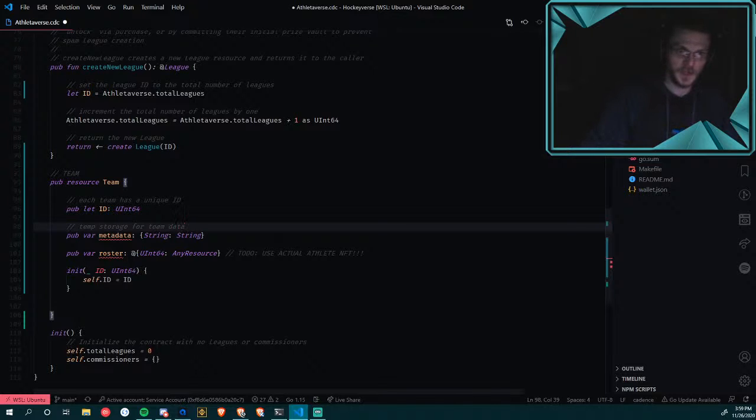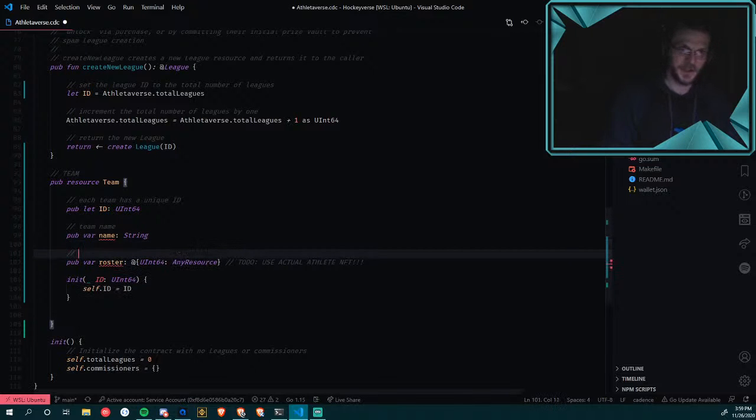So this could really just say name and be a string, and maybe it will. You know what? I don't need to build a dictionary for something that doesn't necessarily need to be a dictionary. So that is super basic metadata for a team. Obviously we can have location, image stuff or logos, all sorts of stuff there. But for now, we're just going to use the team name as a string. I think it'll make it easy for testing to build a team, give it a name, and as we loop through those and make sure things are working properly, we can see a name as opposed to an ID. Just a little bit nicer for us when we're coding.